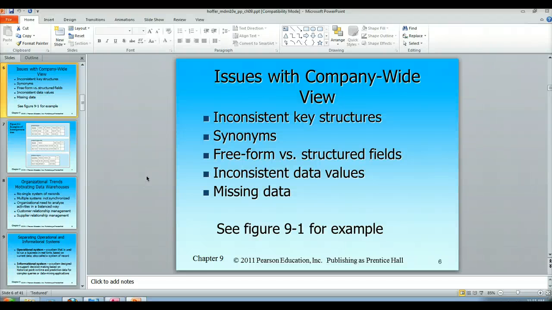Hello and welcome to my video lecture associated with the issues that you're going to run into when you're trying to gather all of this data that we've spoken about in previous lectures. So not only are we talking about company-wide, and here we're going to talk about company-wide, but always keep in mind that we've got information coming at us from a whole